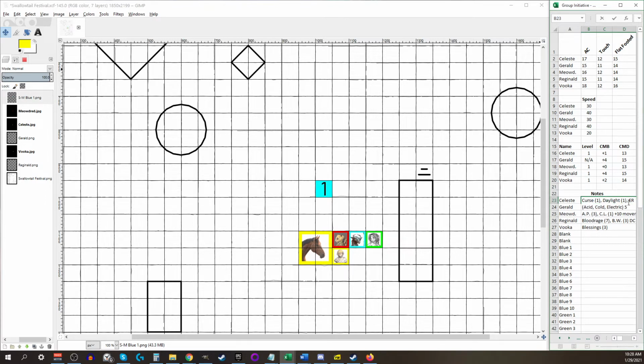and then it pops up the full details. So Celeste is an Aasimar Oracle, so she has one ability from her curse that has a once per day use. She has Daylight once per day as a spell-like ability. ER stands for Energy Resist, Acid, Cold, and Electric 5. So there's that. And then I use shorthand so that the once per day or few times per day abilities have